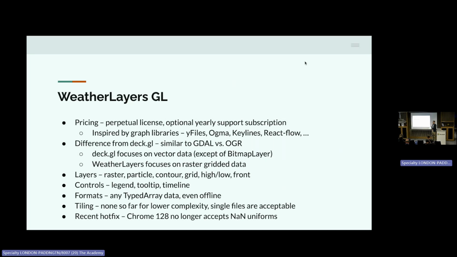But in case the support expires, the library still continues to work. So it's not like I would be trying to force the subscription. And this way of licensing is inspired by commercial graph libraries, where it's quite common, because